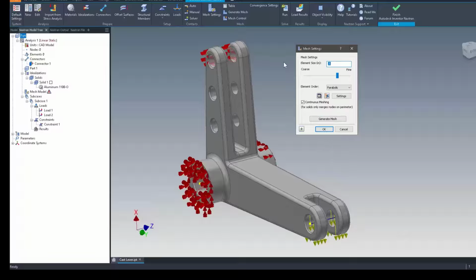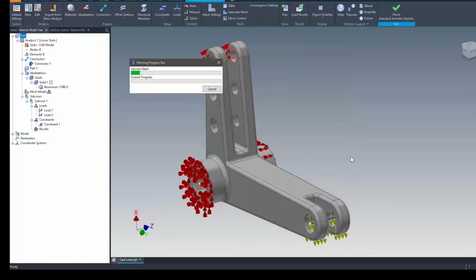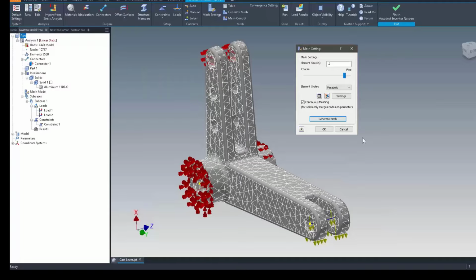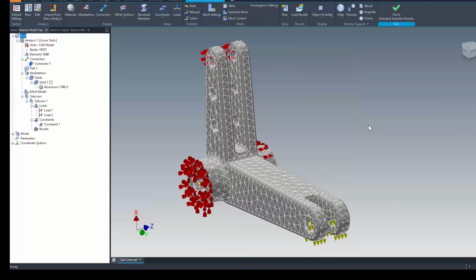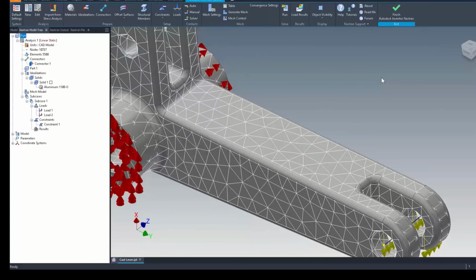So it calculated 0.18, so I'll just say 0.2. I'll adjust it just the tiniest little bit. Go ahead and generate that mesh, take a look at it and see what it looks like. So once you get the mesh or the net created, the one thing you're looking for is any kind of obscure pattern change. If you see something like that, that's a red flag that there may be a problem in